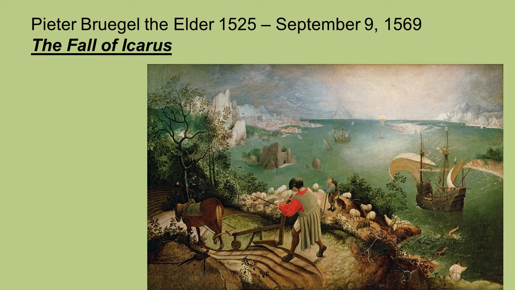All right, let's take a look at Bruegel's The Fall of Icarus. When looking at the landscape of the Fall of Icarus, the first thing the viewer notices is the man plowing the field in the foreground of the painting. This is because Bruegel paints him with bright colors like white, yellow, and red, while surrounding him with darker, more subdued colors like blue and green. Also,